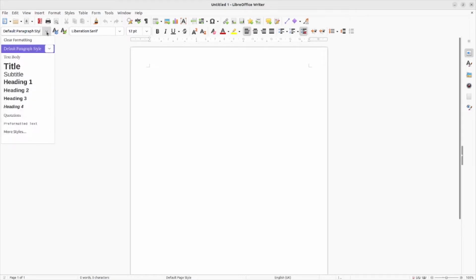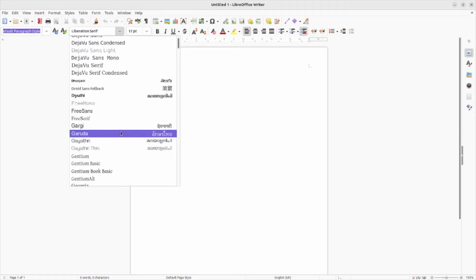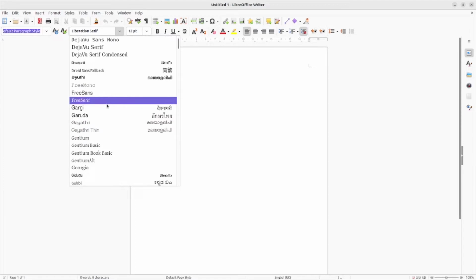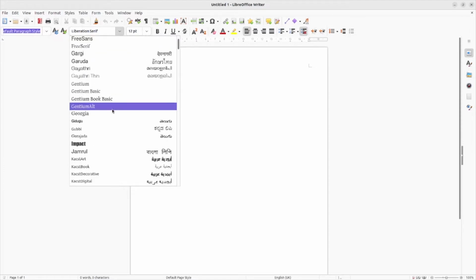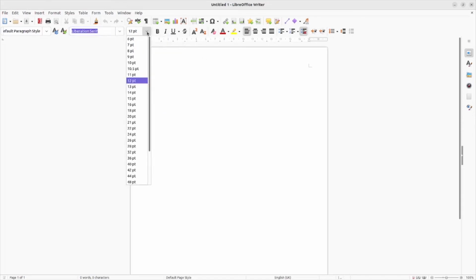Whereas you'd have your title and subtitle across the bar in Microsoft Office, you've got it down here as a drop down, so title, subtitle, all your headings. You also have lots of different fonts that are available as well, so a few more maybe than Microsoft Office, and something there I think to suit what everybody needs. Obviously you've got your font size there as well, so whatever size this one automatically goes up to 96, but you can click in there and type in a number should you need it